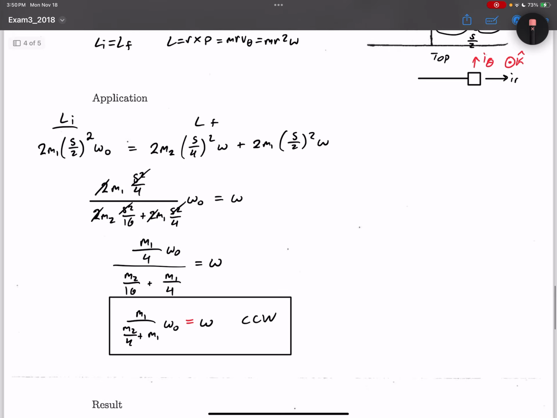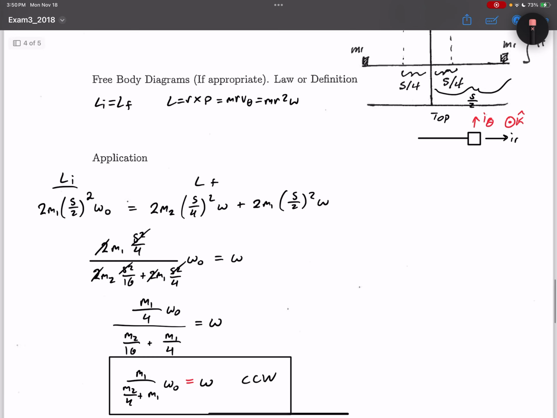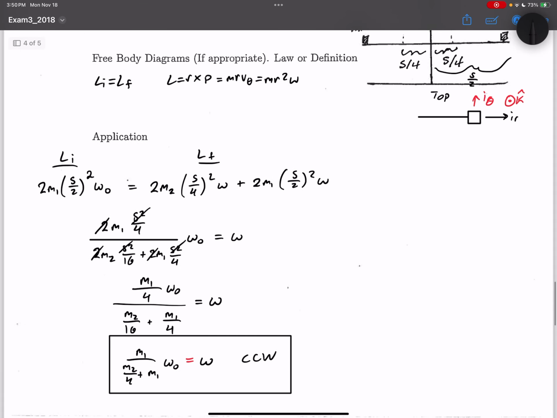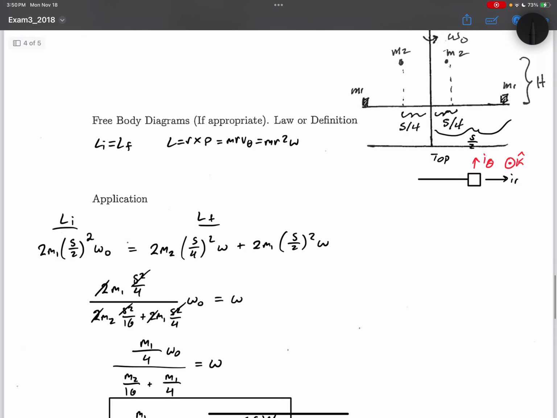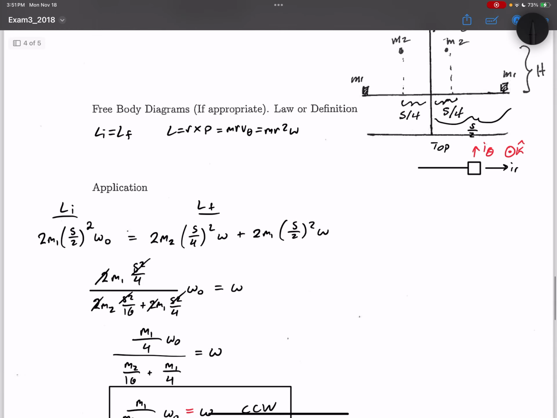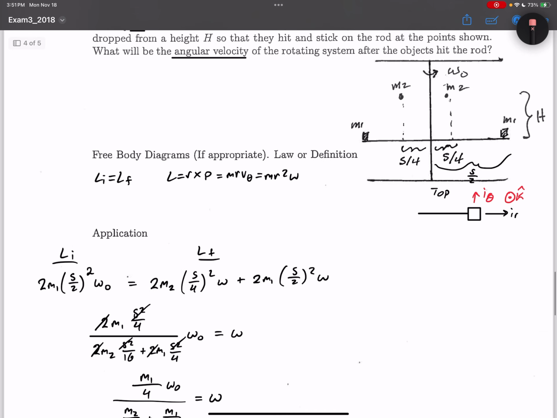And then this question, I feel like I didn't explain it as best as I possibly could have, but essentially all we're doing here, and this is the angular momentum question, is we're thinking about two masses of equal mass on the end of this rod that has a length of s, so that they're both equidistant from the center of the rod, which would be s over 2, because it's half the rod's distance from this base. And so